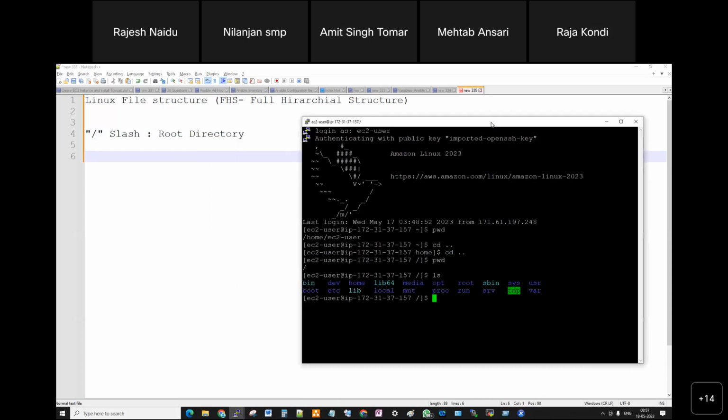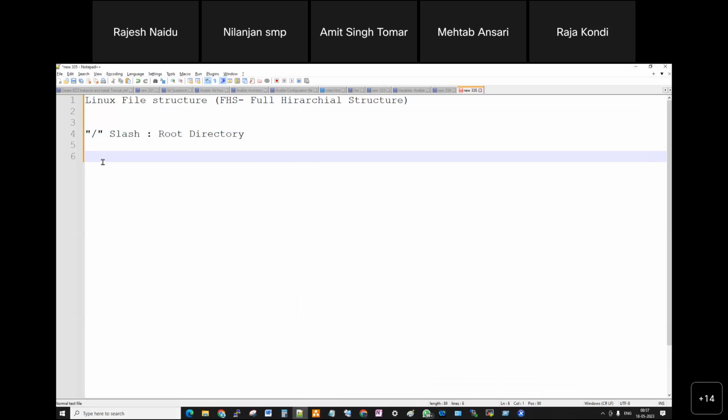Perfect. So first we will understand what the bin directory is. Bin means binary, so the shortcut we call it bin. What is the use of this bin? It stores the binary files. What is the meaning of binary files?